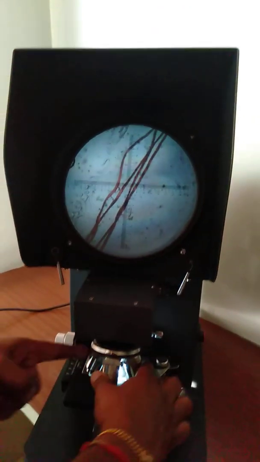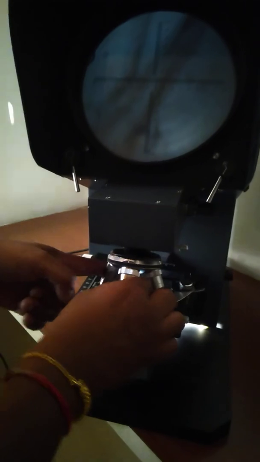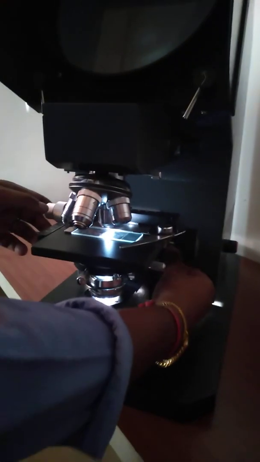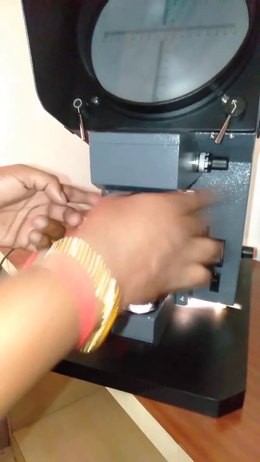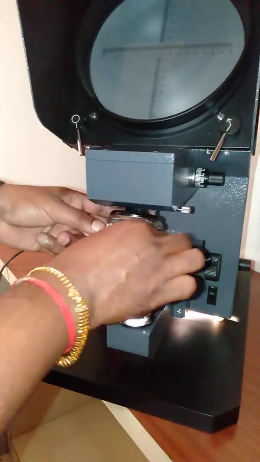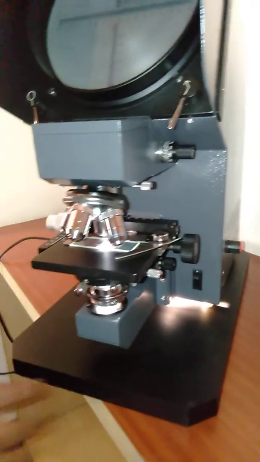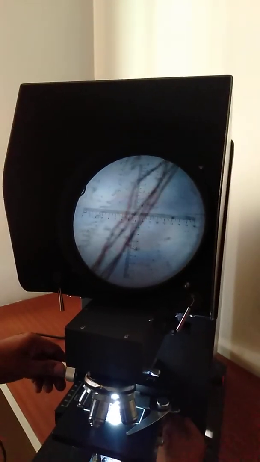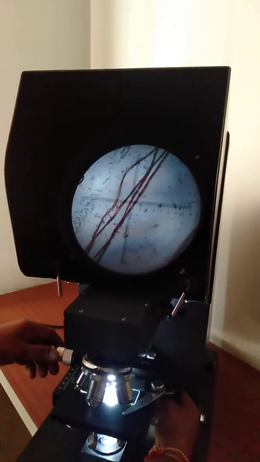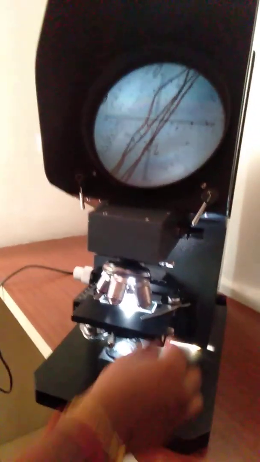As per your convenience, you can increase this magnification, like this one is the 10x, and as per your convenience you can change this one. This one is normal. This one is normal bright field photo of this fiber, and now I am putting on the